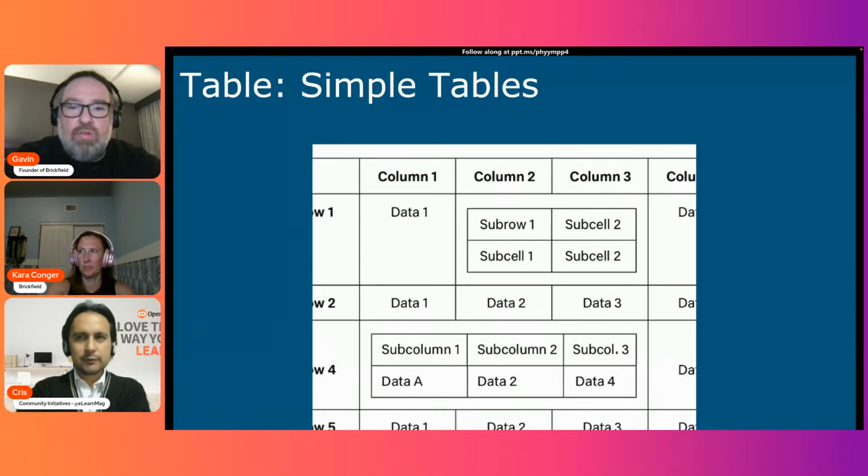Now, nested tables are a really useful thing in your sitting room. If you can imagine those tables where you have a big one and a small one under it and a small one under it. That's the only place you should ever use nested tables, in your sitting room. Don't use nested tables on the web. It's a no-no. So if you want nested tables, go to Amazon and buy them. Don't put them on your website.